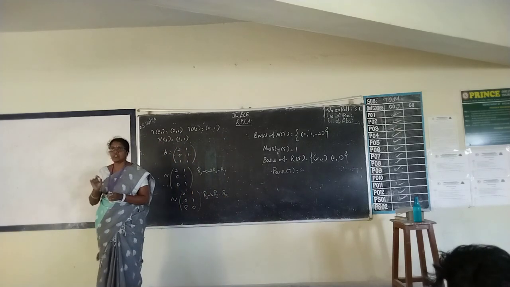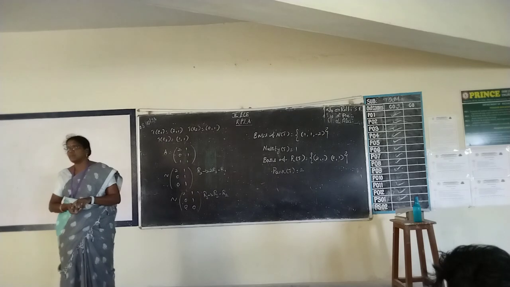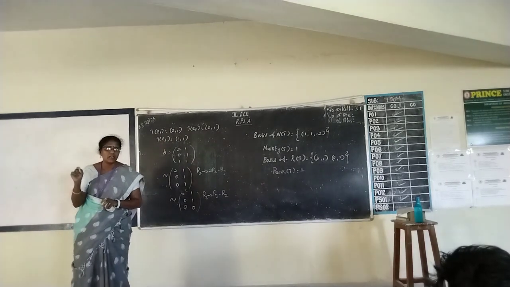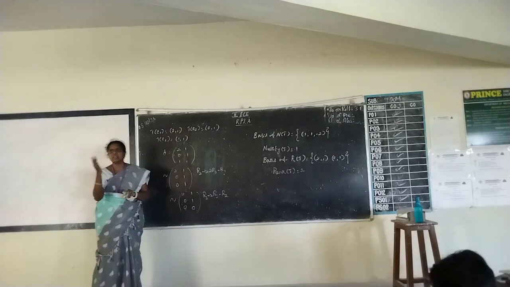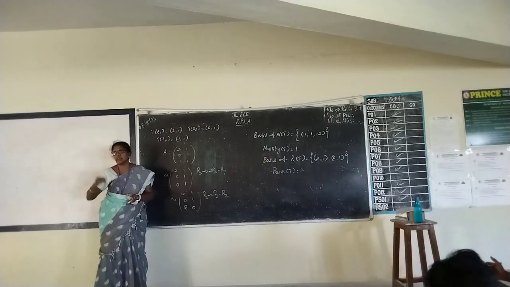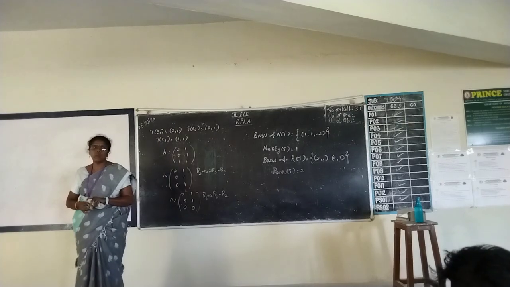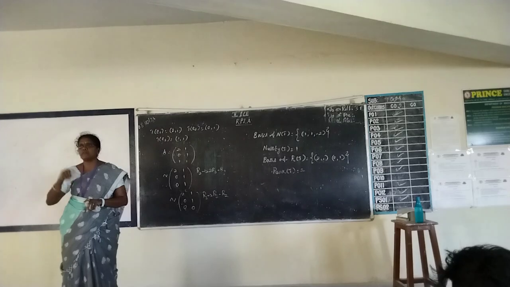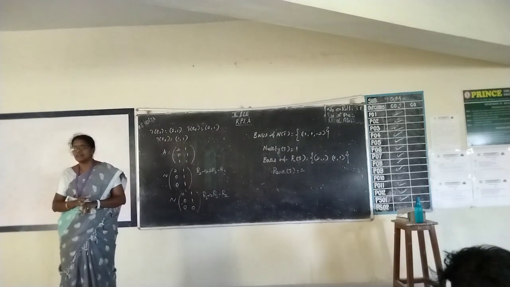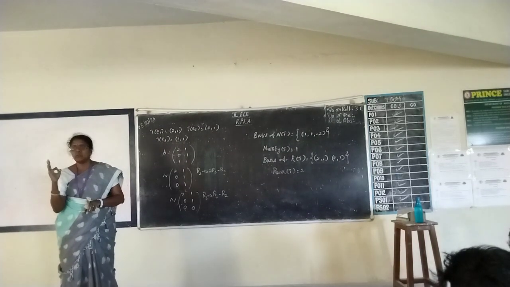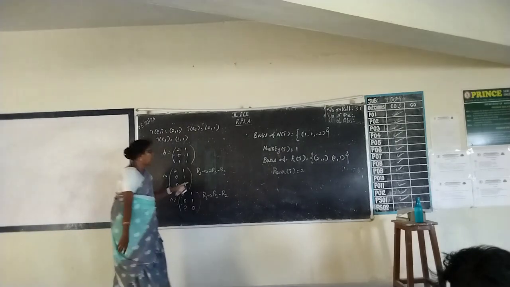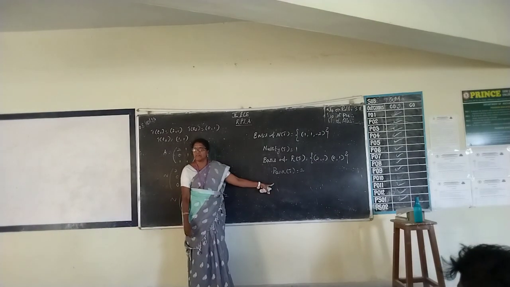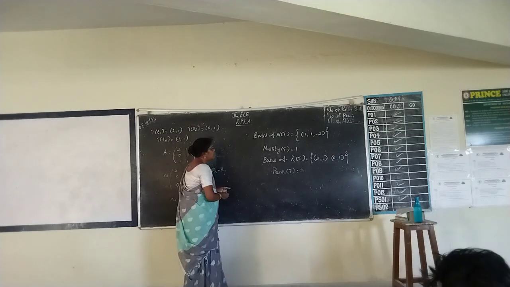Now we have to verify the dimension theorem. What is the dimension theorem? Rank of T plus nullity of T should be equal to dimension of V. V is the set on our left hand side. What is the V in our problem? V3. Okay, so what is the dimension of V3? 3. Triple order term. If you add this 2, are you getting 3? Yes. So by the dimension theorem,